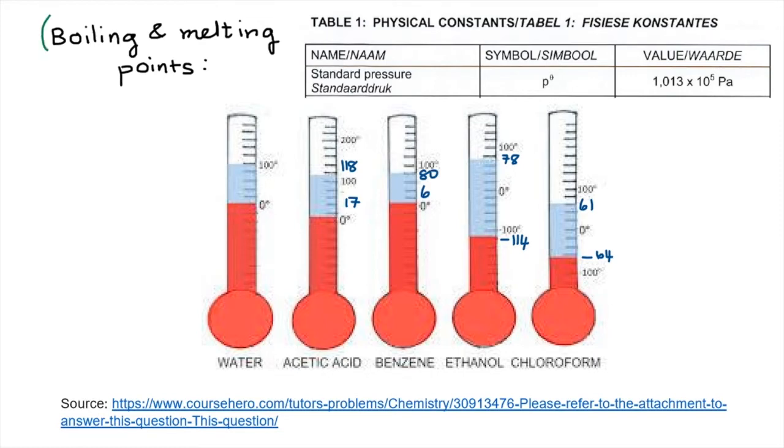Another means of checking if the substance is a pure substance or a mixture is by making use of the boiling and or the melting points of different substances. For example, water at standard pressure. Standard pressure is 1,013 times 10 to the power of 5 Pascal. At standard pressure, water will have a melting point of 0 degrees Celsius and a boiling point of 100 degrees